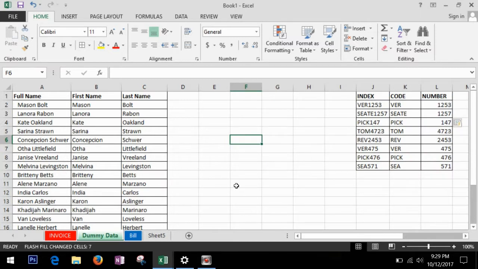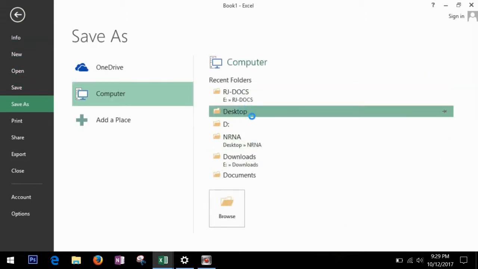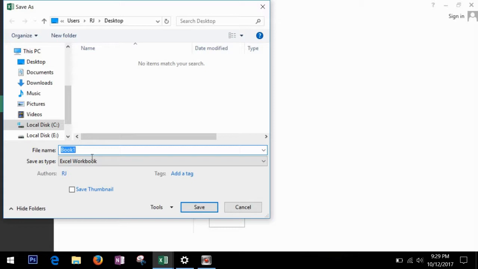Now let's save this file. Saving is very easy, but I want this file to be saved with a password, so that nobody can open it. I will go to File, I will go to Save. I will save it on the desktop right now. And